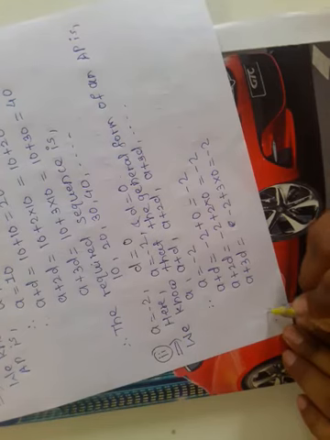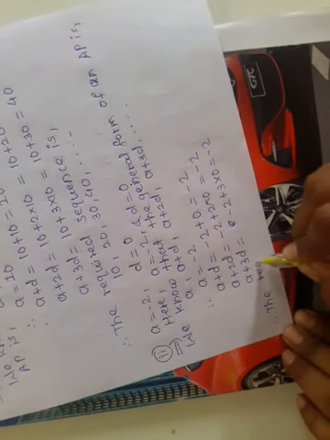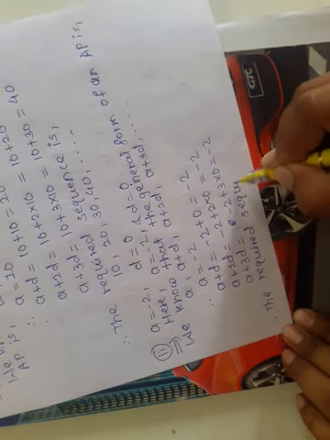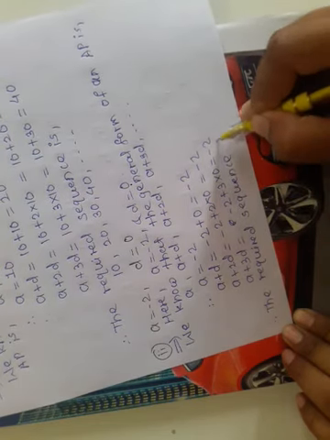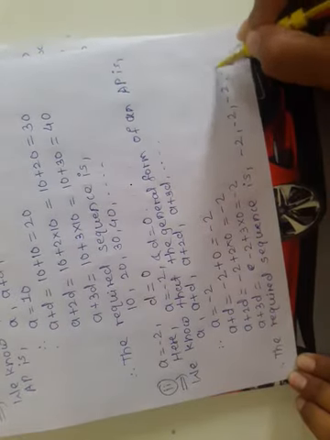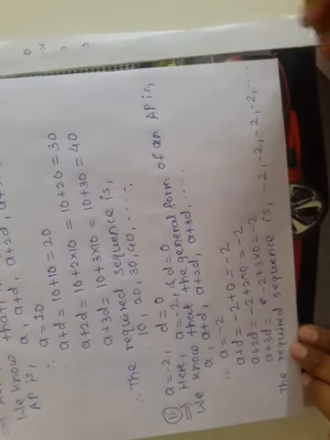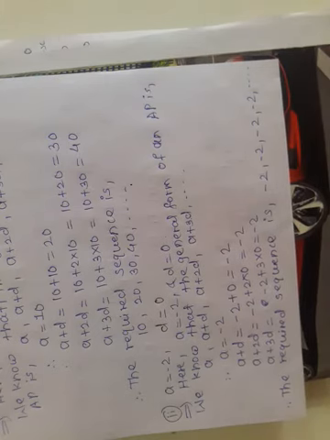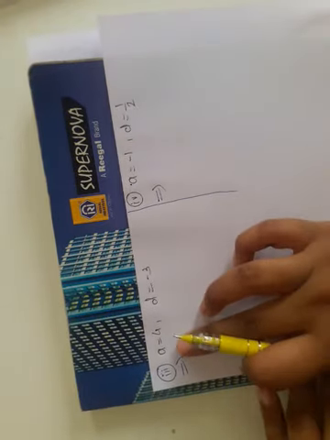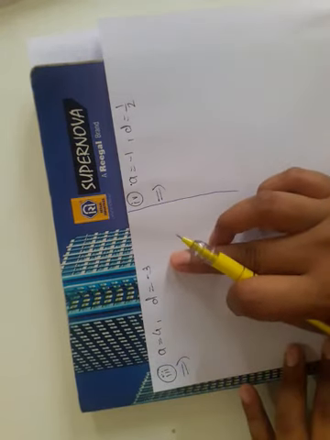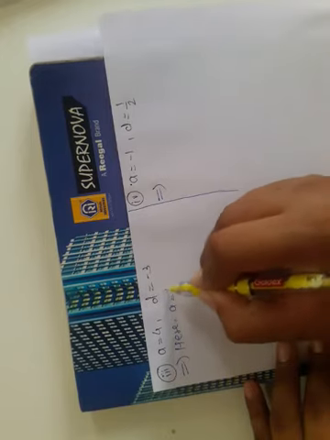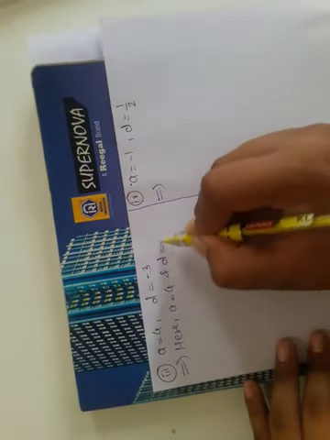So write down, therefore the required sequence is minus 2 comma minus 2 comma minus 2 comma minus 2. Okay, again you can find out the next term also. Okay, so this is our required sequence. Now our third example is, here A is equal to 4 and D is equal to minus 3 is given to us. Okay, so write down all the given things. Here A is equal to 4 and D is equal to minus 3.